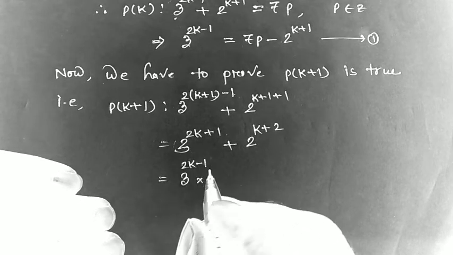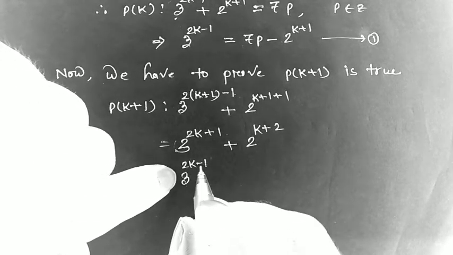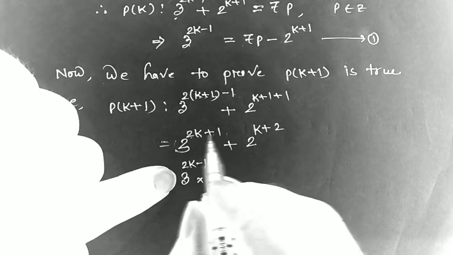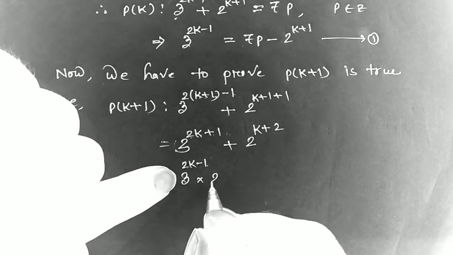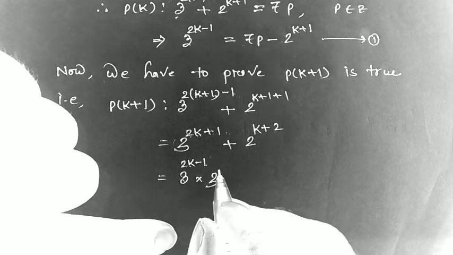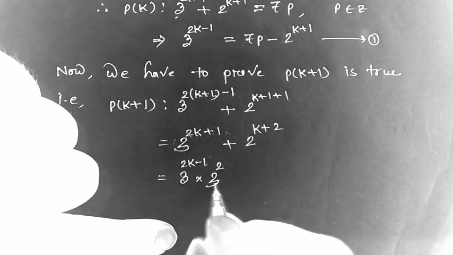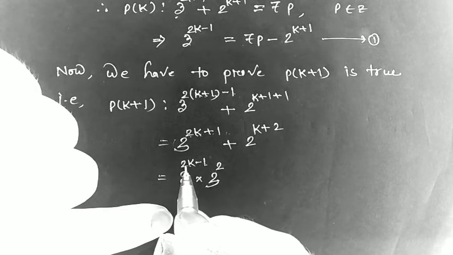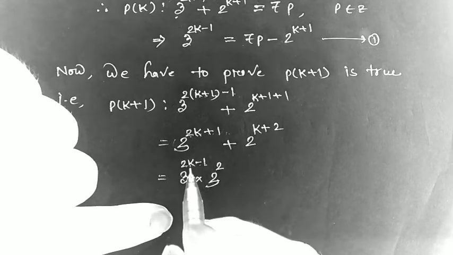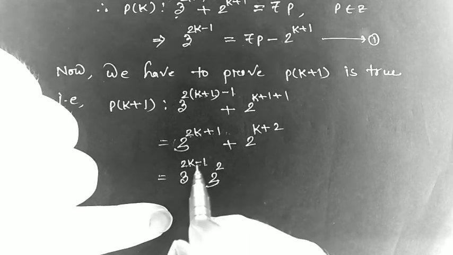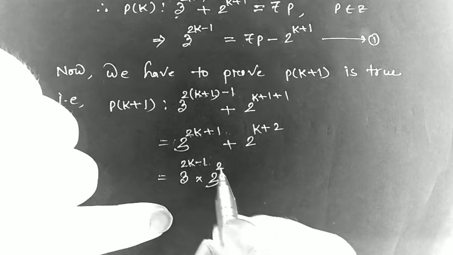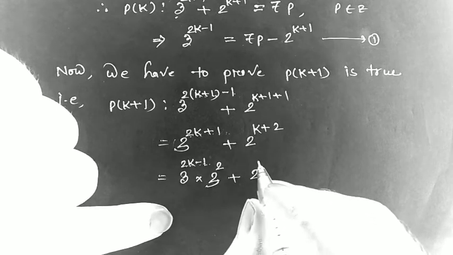So this thing will remain same. Here 3 to the power 2k minus 1 is there, here 3 to the 2k plus 1 is there, so we have to multiply by 3 square. So what power should be given here? 3 square should be given here. Why? Because 3 to the 2k plus 1 is there, we can't change this thing, so we have to break it in such a way that it remains same. 3 to the 2k minus 1 and plus 2, then we will get 3 to the 2k plus 1, and here other terms will remain same.